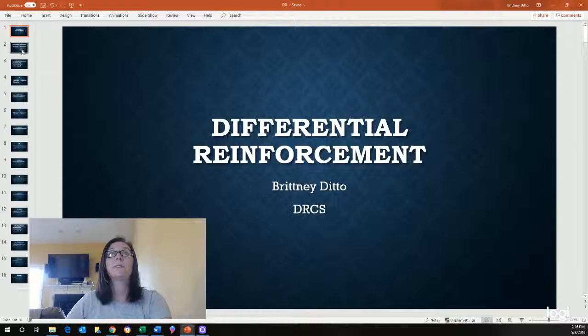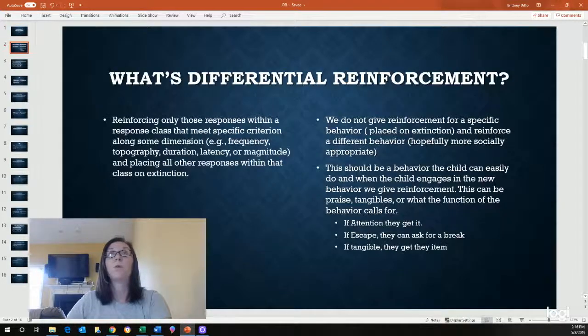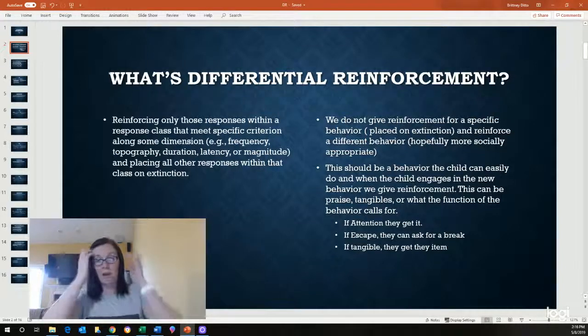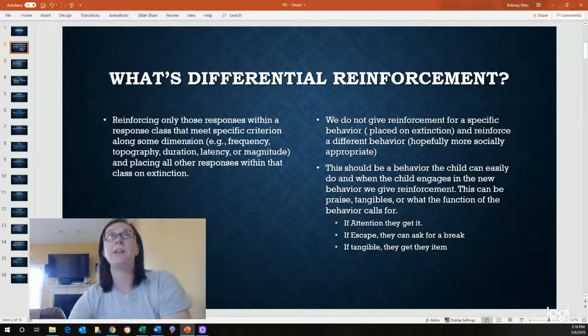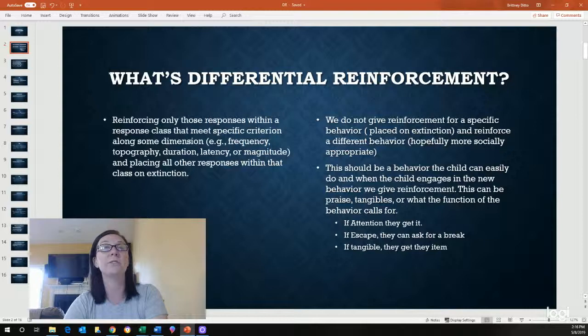So differential reinforcement. What in the world does this mean? So I've included a professional definition of differential reinforcement and a simple definition. So the professional definition is we only reinforce